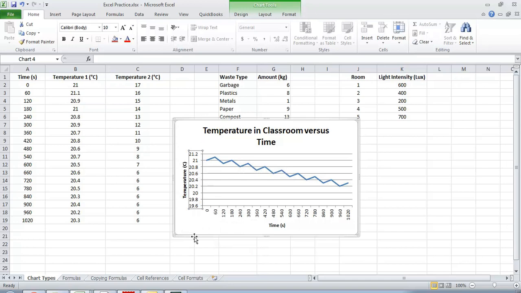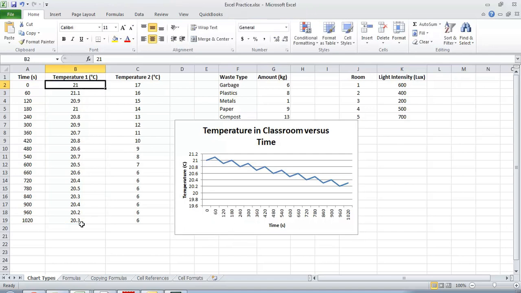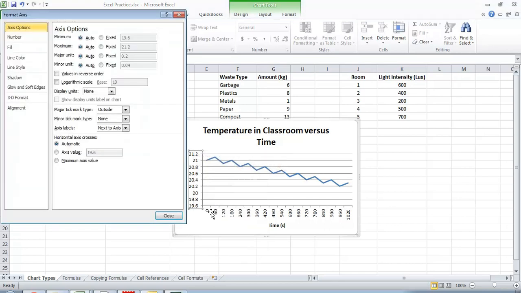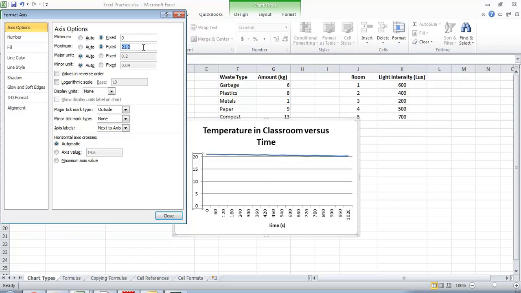The only thing we might want to change here is we can see the y-axis goes from 19.6 degrees to 21.2. So that makes the drop in temperature, which we can see actually only went from 21 down to 20.3, only 0.7 degrees, look quite significant. So if we were to click on the y-axis there, and click on Format Axis, you'll have a pop-up window, and the first menu here on the left is Axis Options. And we can see that the minimum and maximum of that y-axis are automatically set. If we wanted to change that to range from, say, 0 to 25 degrees,